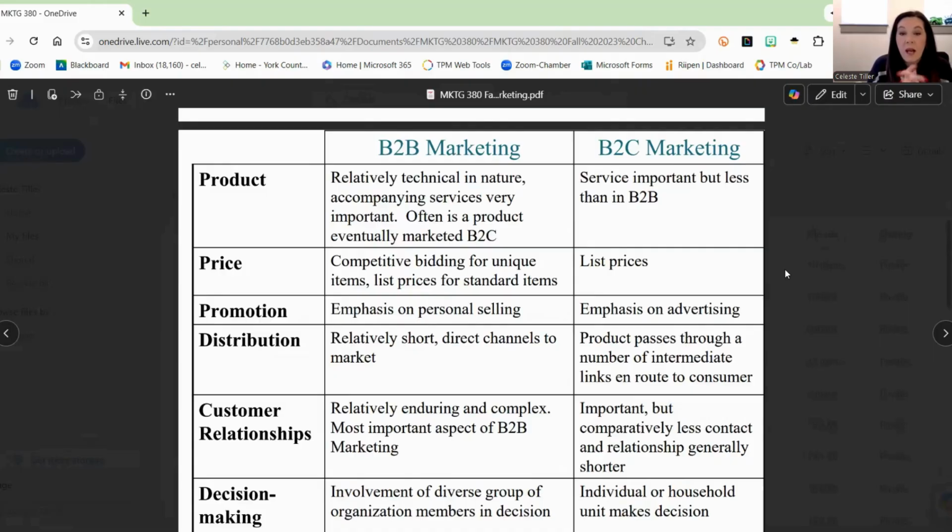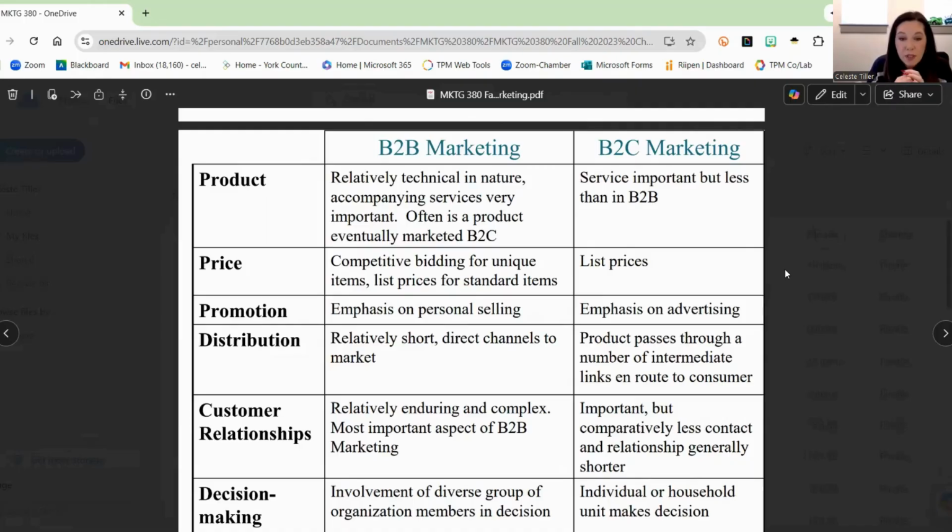When it comes to the price, there's a lot of competitive bidding happening in the B2B space. Remember, we talked about that being based highly on relationships and the bigger deals, at a much higher price point, with a lot more money being spent in that B2B space. Generally, in B2C, it's the list price. There's no bidding. There's no real relationship. You can't go into a McDonald's and, when they give you a price for a meal, say, no, I'm not feeling that, what about $7 as opposed to $10? And then they come back with $8. That's not how that's going to work in that situation.